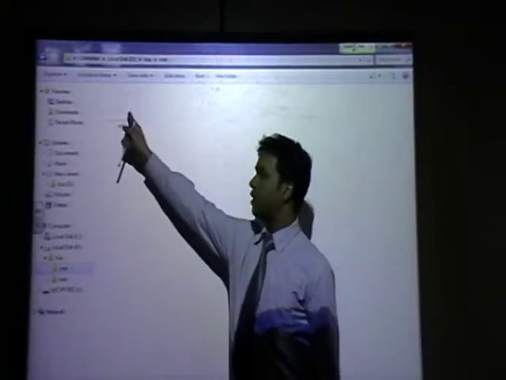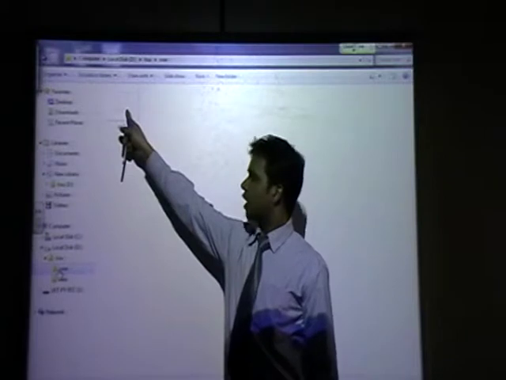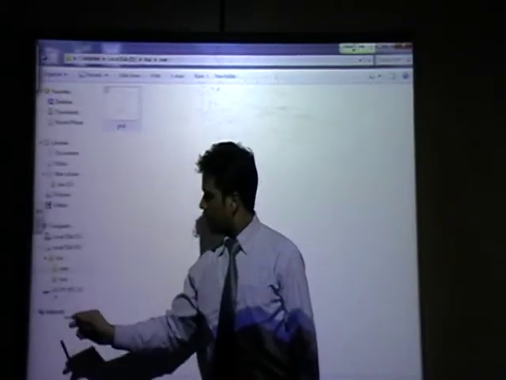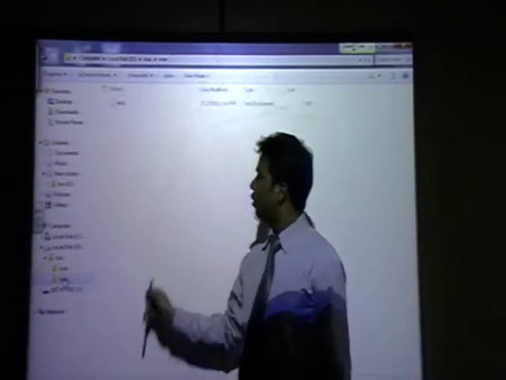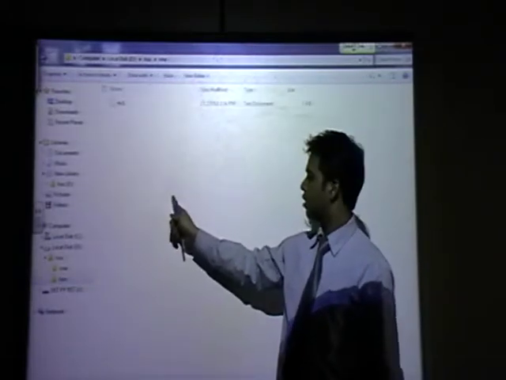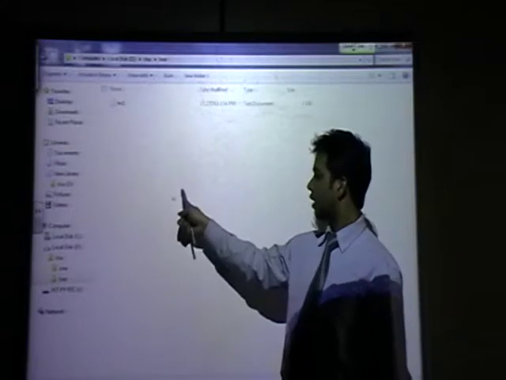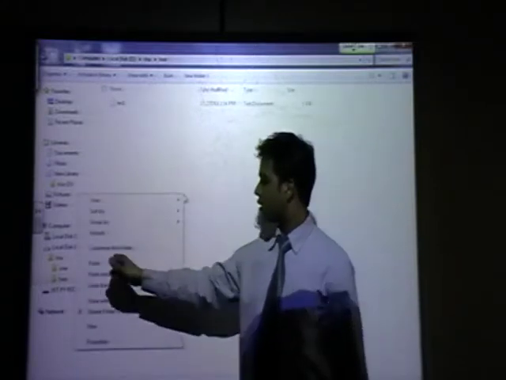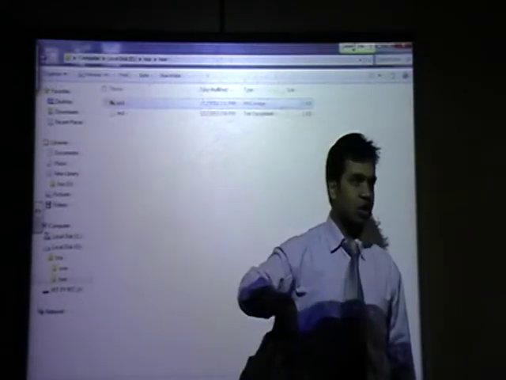Copy this file from here, right click. Control C, you can use Control C, or right click, copy. Go to folder number 2 and right click, paste. Copy and paste.